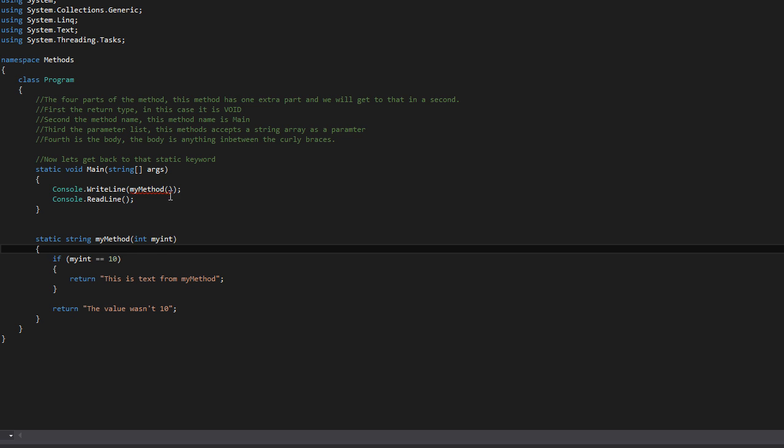So we need to put something within our opening and closing parentheses here, a number, because we know we accept an integer. So let's go ahead and just put in 10, and that'll satisfy those requirements, and the error message will go